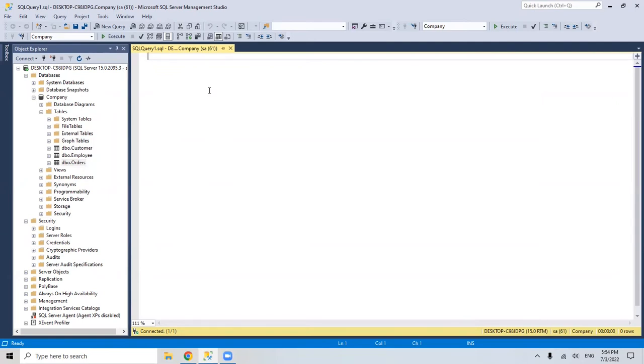Here in the query editor, write create table. We are going to call this table persons. Open and close parentheses, and a semicolon at the end. In between, let's write the ID for this person. It's going to be type int, not null, comma, and the first name. We're going to use type varchar